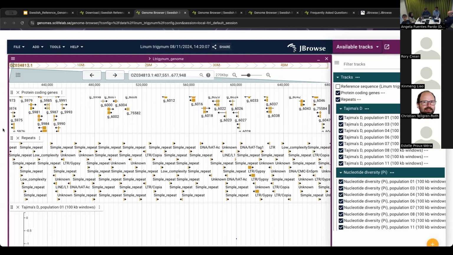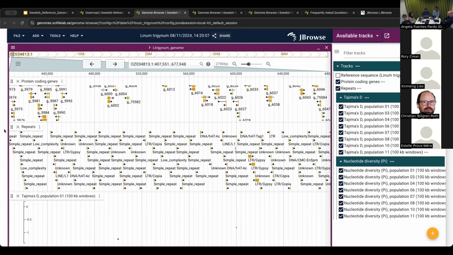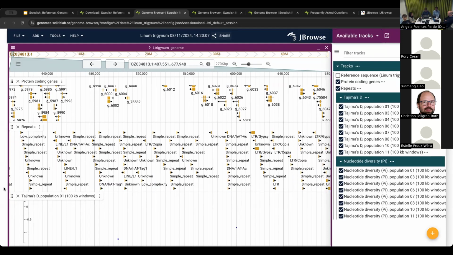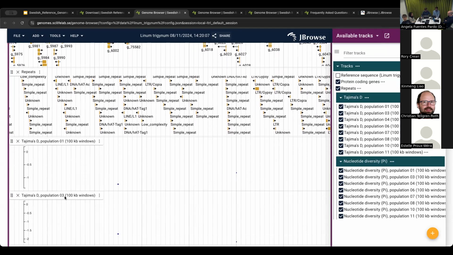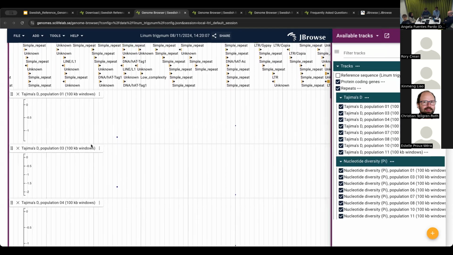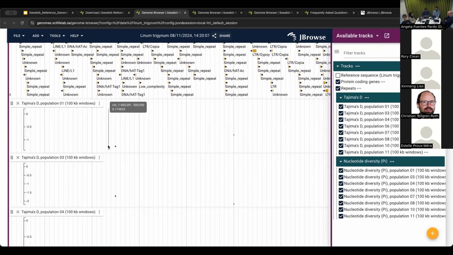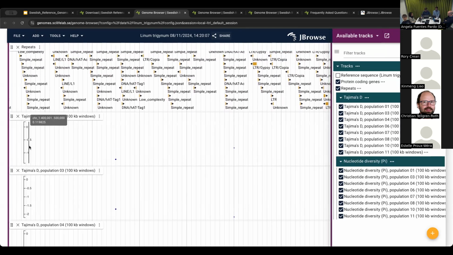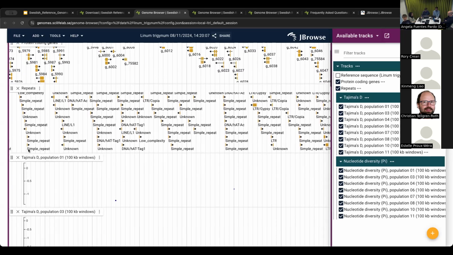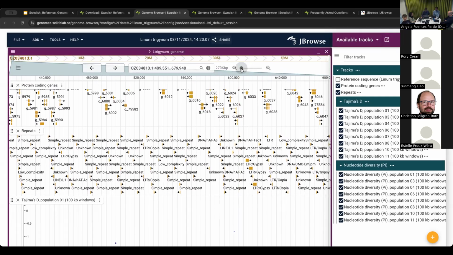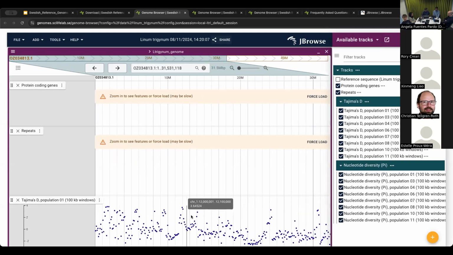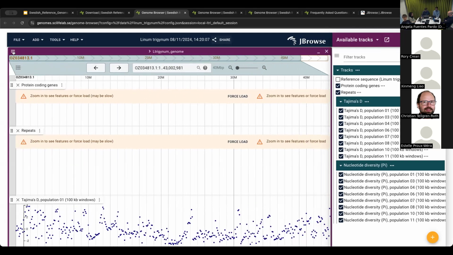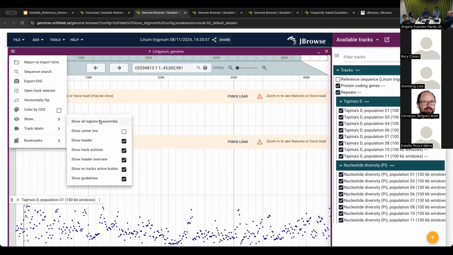And in this case, the researchers have decided to put in some repeat elements and then a lot of population genomics data. See if we can scroll down. Here we go. So this data is pretty sparse. Right now, looking at this zoom level might not be that interesting, but I could either zoom out to full extent to see the data like this across the chromosome, or if I change to show all chromosomes at once,